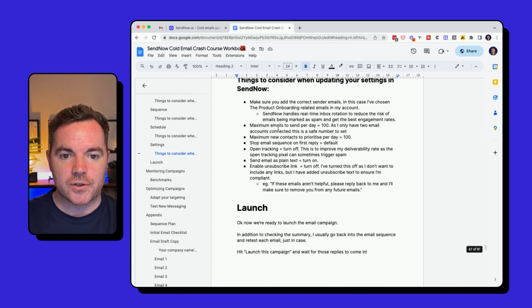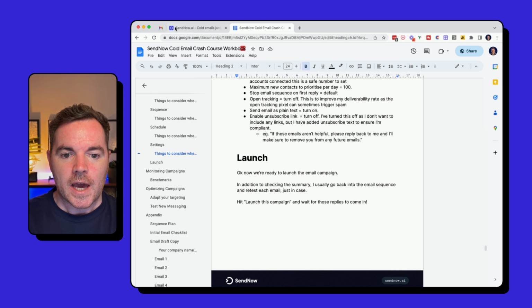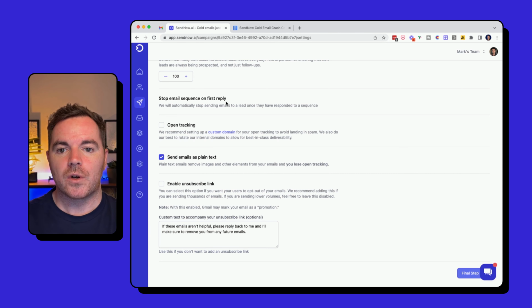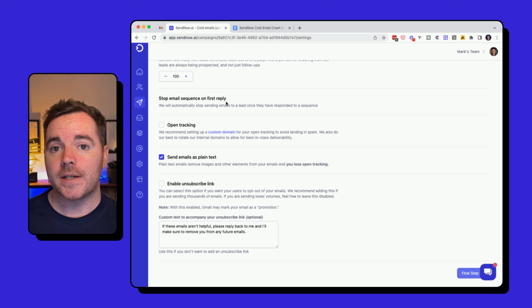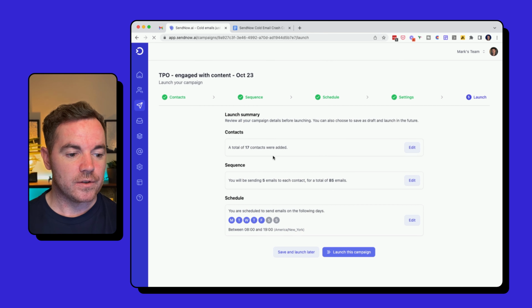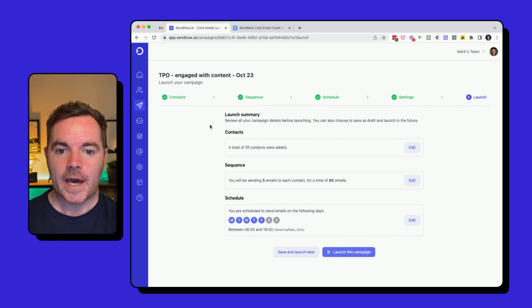So that was the schedule, and that's the settings, and that's pretty much it. So you can see how quickly we can build the campaign. The thing that takes the most amount of time, once you've already written your copy, is simply pasting it into your sequence. But I'm going to hit onto the final step now,